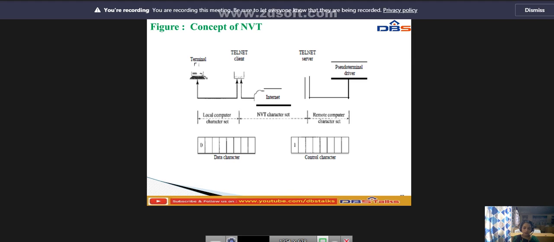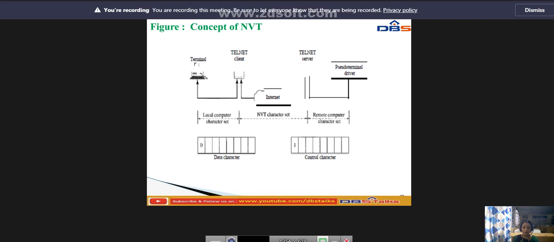Whatever characters we have are sent to the telnet client, which transforms the characters into the universal character set called the network virtual terminal character set, and delivers them to the local TCP/IP stack.